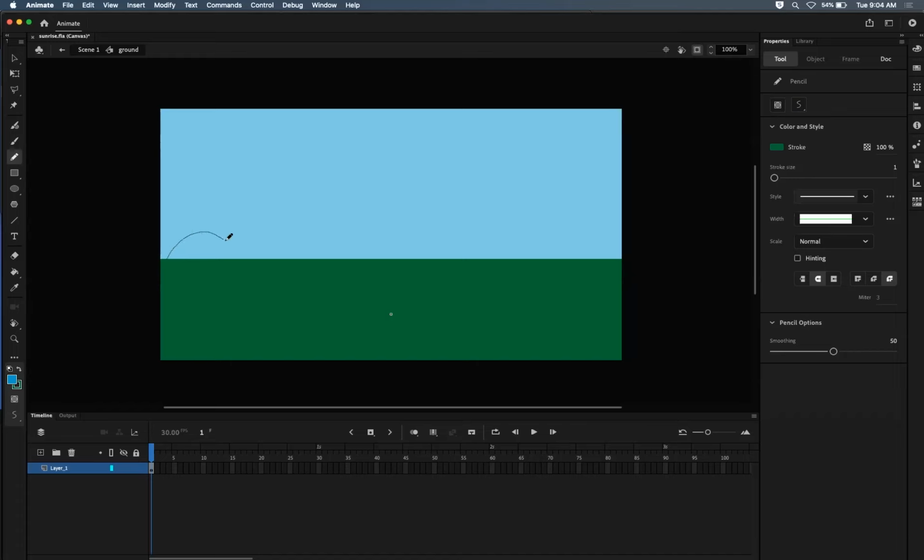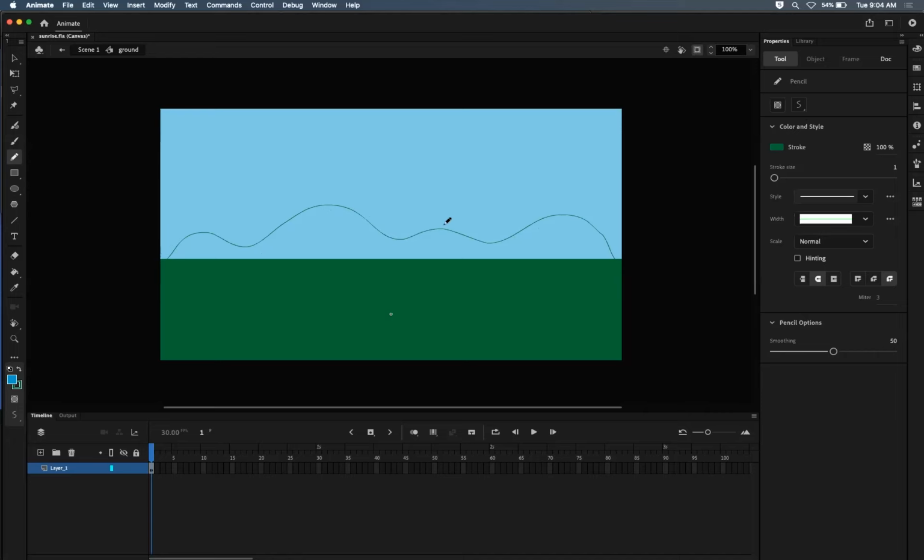And now as I hold, I'm just going to draw these glorious hilltops. And then when I end it, I also want to end it down here on the stage underneath in the ground like that. So when I've done that, now if that's 1 smooth stroke that I've drawn, and it's pretty smooth because we put it on smooth, as long as I'm on the stage and I'm actually touching this line,